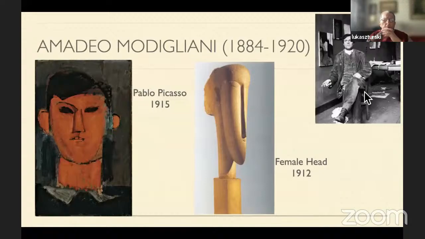This is a picture of Modigliani, and I picked a painting by Modigliani, which is the portrait of Pablo Picasso from 1915 on the left, and the very interesting sculpture, female head from 1912, and it is this peculiar thinness, the fact that the sculpture is kind of elongated along the z-axis, we would say in physics, and that kind of deformation in sculpture